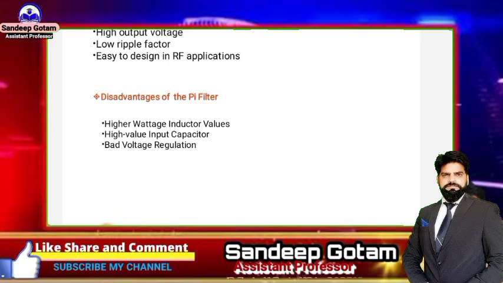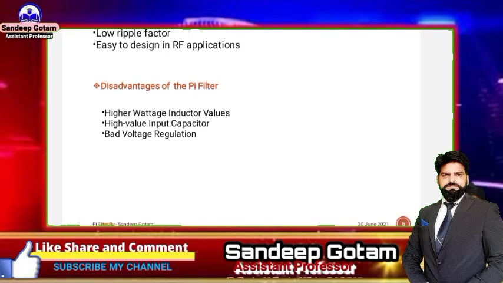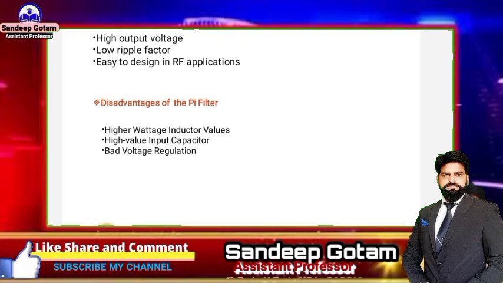So other than the RF design, higher current draw through a PI filter is not advisable, since the current has to flow through the inductor, because we know it very well that the current will flow through the inductor. If the load current is relatively high, then the value of the inductor also increases, making it bulky and expensive. Also, the high current through the inductor increases the power dissipation across the inductor, resulting in poor efficiency. So if we are getting this kind of higher value of the inductor, we are not supposed to use this PI filter.